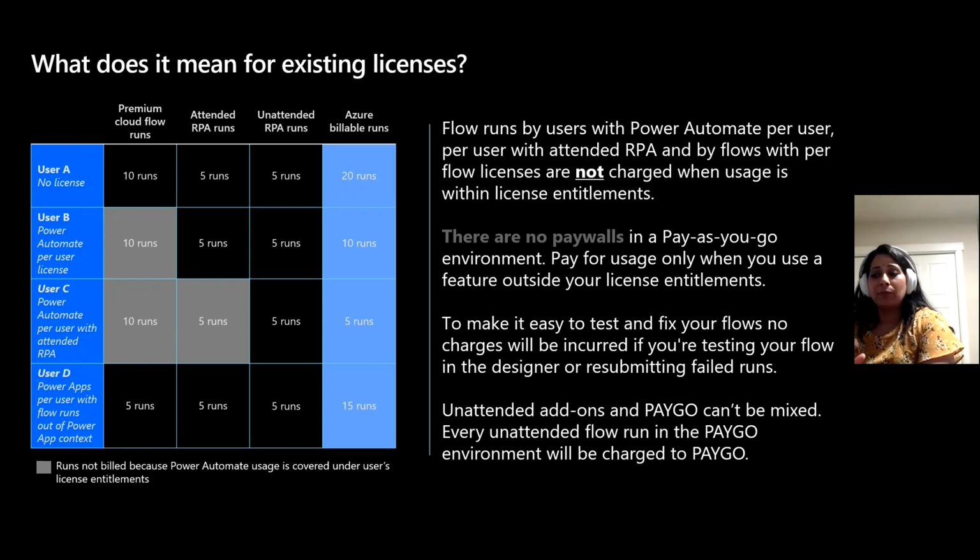So let's say if you have some more automated or scheduled flows which are not directly triggered from the Power App but are in context of the Power App, to exclude them from getting charged in Paygo, you have a PowerShell command. Admins have a PowerShell command, and they can associate their flows to the Power App. So now they are associated and they are marked together.